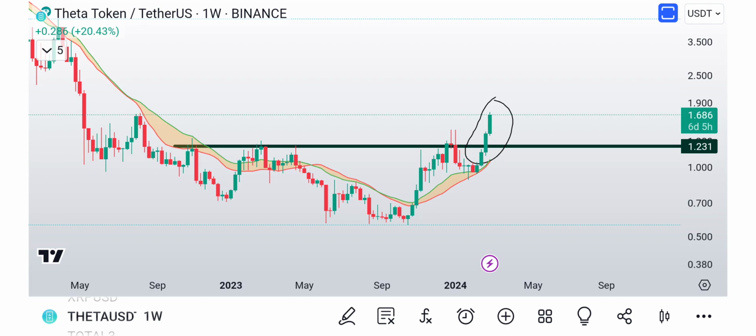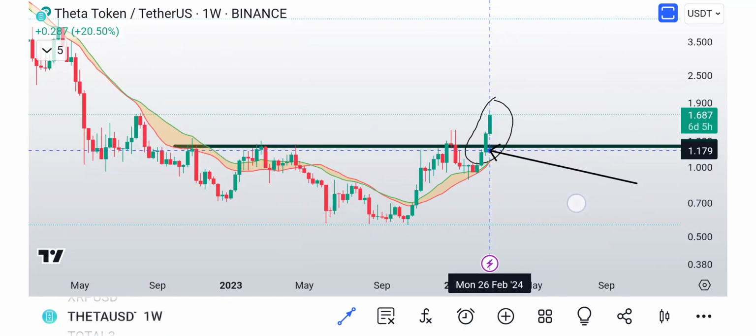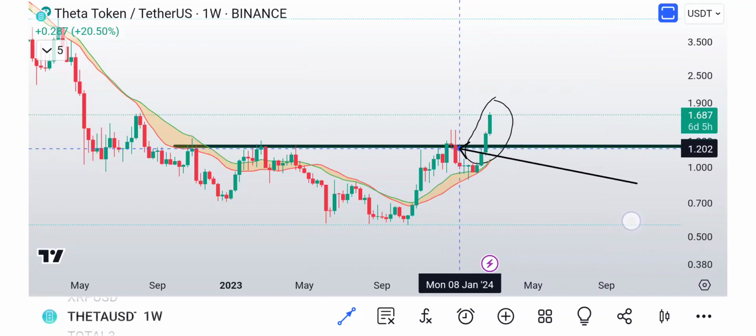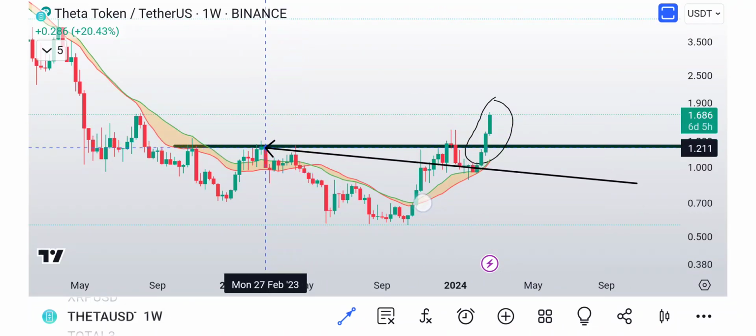Obviously, one of the ideas yesterday was, hey, this thing can get up and go quickly. We got the weekly close yesterday. So the week closed right here. This candle right here is the important candle. And I was able to get a video out before the close, which was good, talking about, hey, if we close above this, if we close above this,